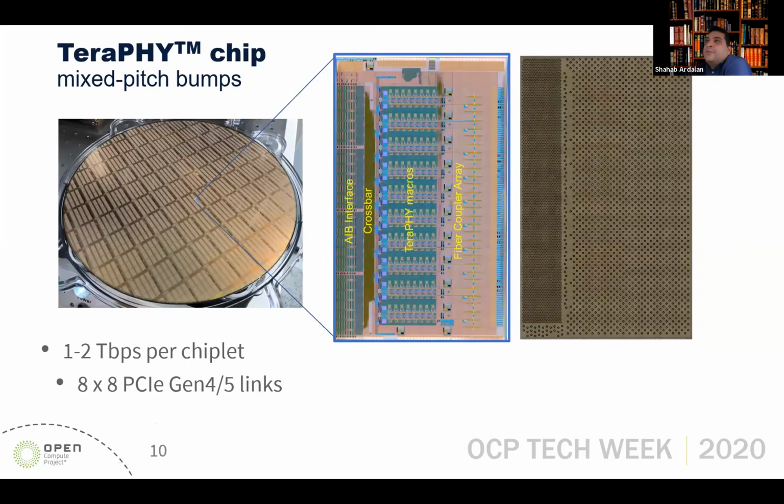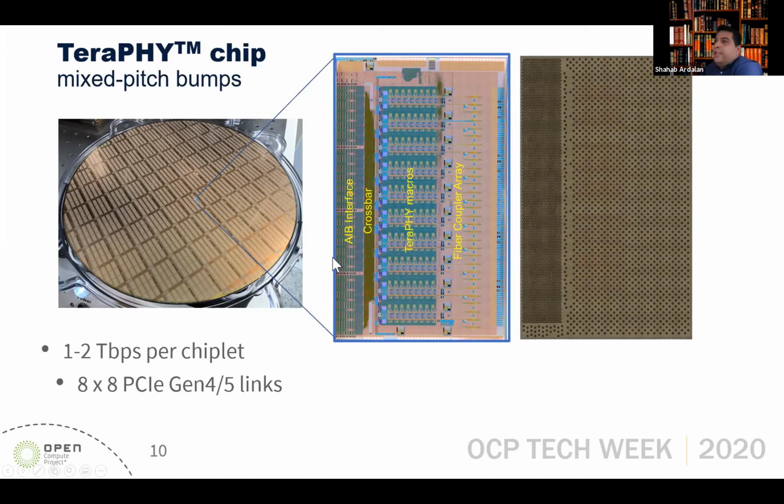This is a close-up from the wafer that we have. I'm going to go a little bit faster for the time, but you see this is a die from the front and basically back of the chip, back of the die. We are using mixed pitch bump. This is the micro bump area here, which is used for AIB. At the right side is for the power and other stuff from our block. And you see AIB here, crossbar, and the 10 macros that we have here, and the fiber is going to